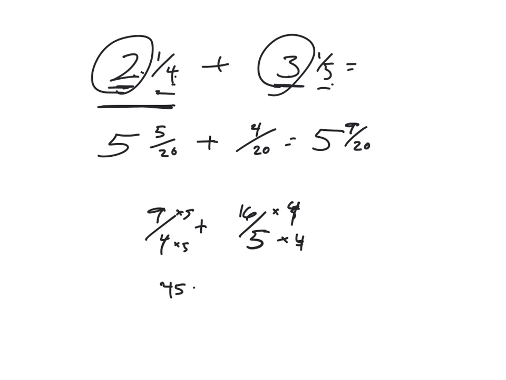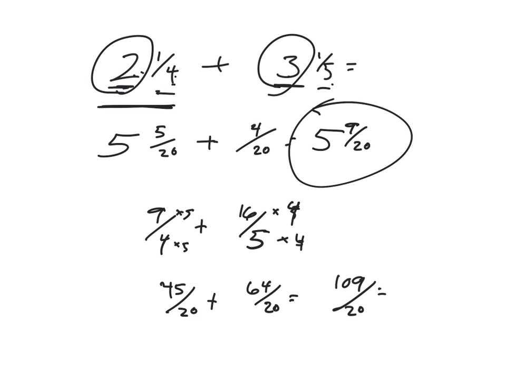So we would have 45 twentieths plus 16 times 4. Well, I'd have to double my double, so 32, plus double it again, 64 twentieths. I would end up with 109 twentieths. Now, in order to get my answer of 5 and 9 twentieths, I can't leave that as an